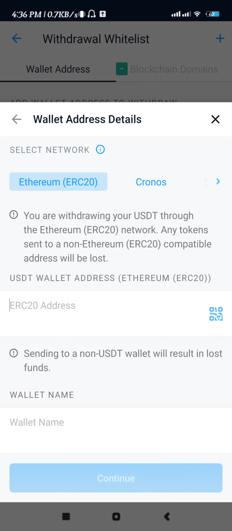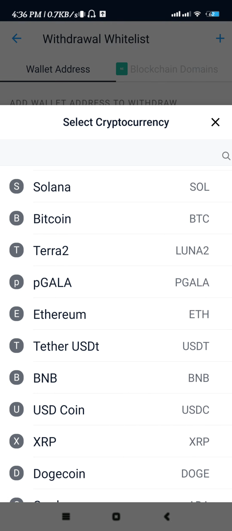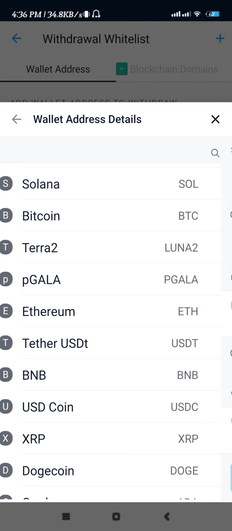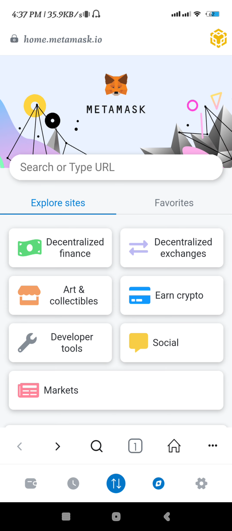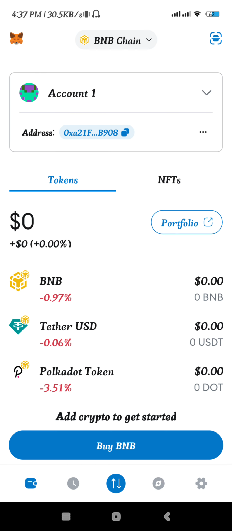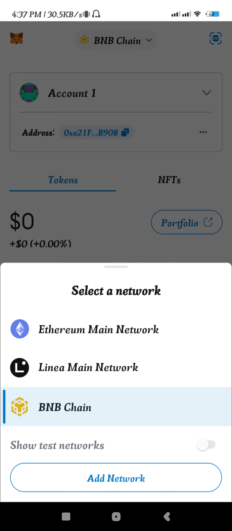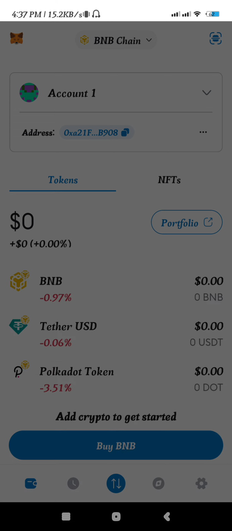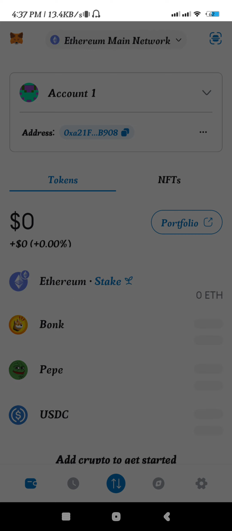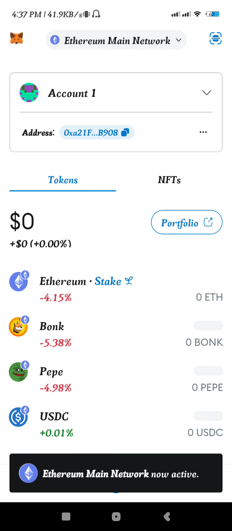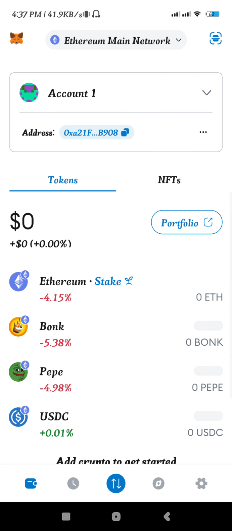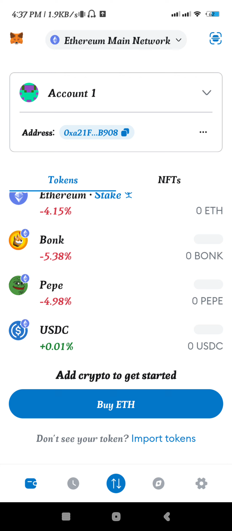So in order to find this detail, you need to just open your Metamask mobile application, and then you just have to log in to it. After that, once you are on the wallet, you need to first select the same network that you have selected in your crypto.com account, which in my case is the Ethereum main network. Now we are using Ethereum main network and USDT, so we basically want to transfer USDT based on the Ethereum main network. But if you notice that there is no USDT option, so first we need to import USDT